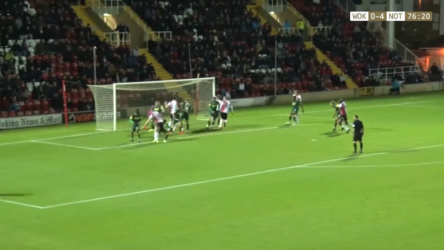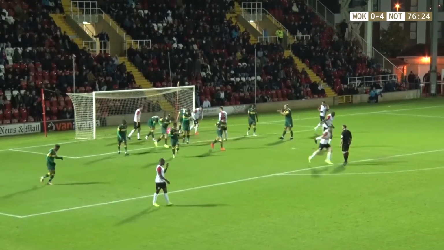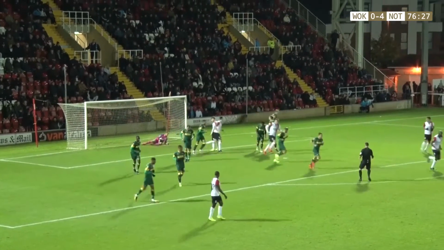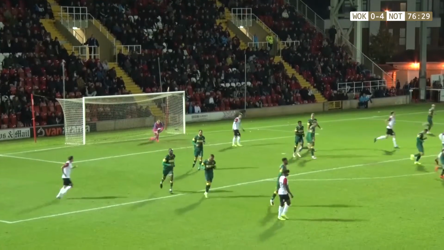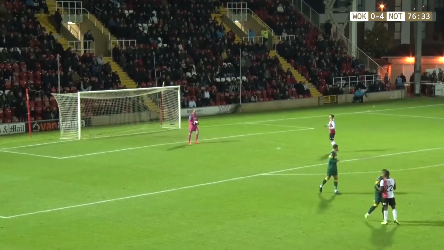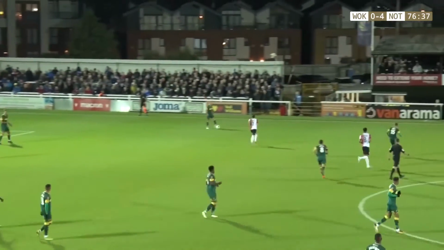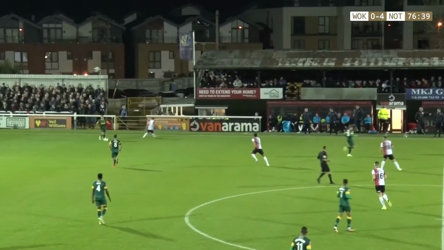Corner coming in, it's flicked in towards the far post, and it's scrambled over the line. Is it? No, the goalkeeper smothers it, and Notts live to fight another day. Not entirely sure who got the final touch, whether it was an effort on goal or not. It just sort of scrambled around the penalty area, and Sam Slocum, grateful just to smother the ball before it got tapped over the line, before a Woking toe got onto it, and in the end, Notts lived